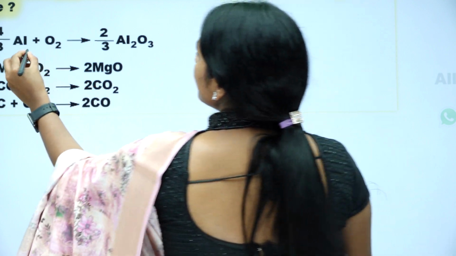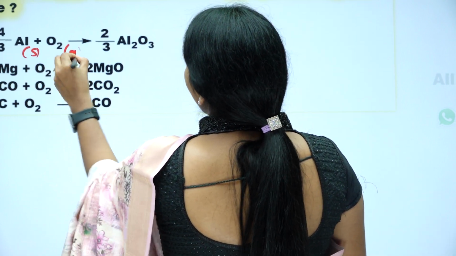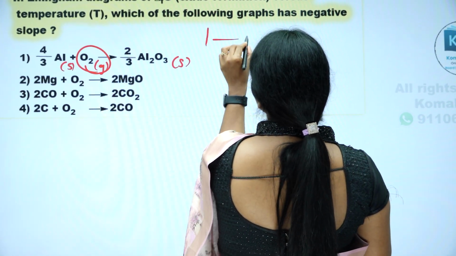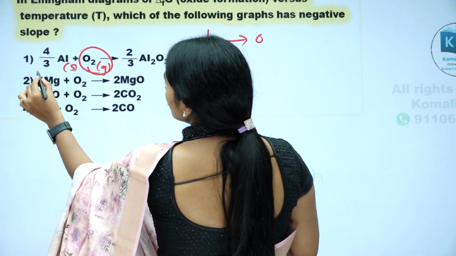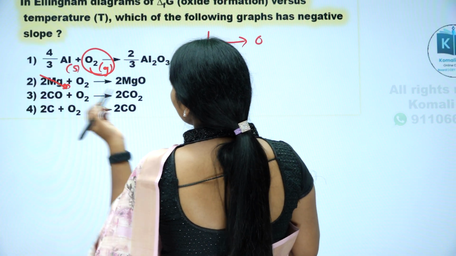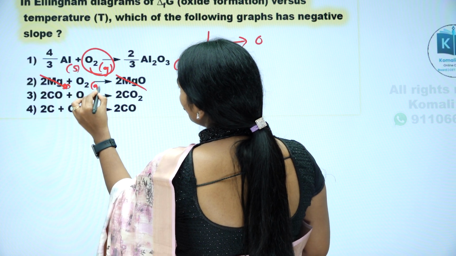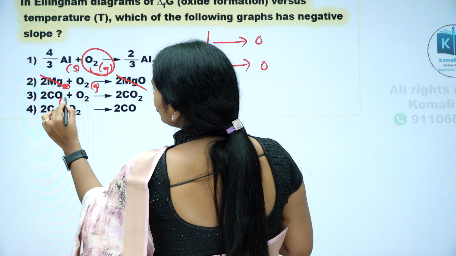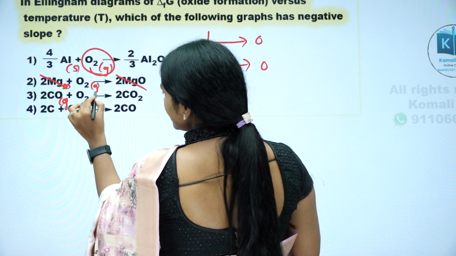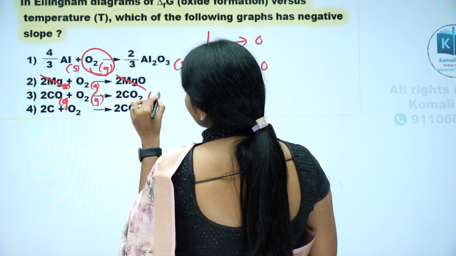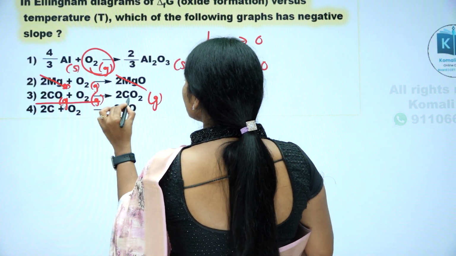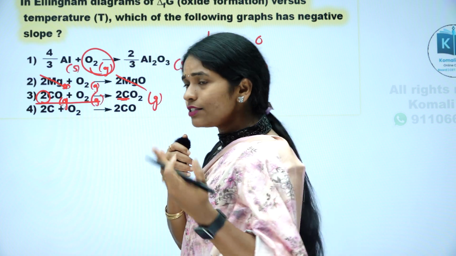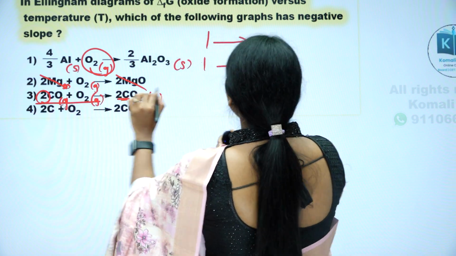So see here, first give the state: solid, gas, solid. So here reactant 1 mole of gas, products no moles. This is magnesium oxide, magnesium is solid, O2 is a gas. Okay, 1 gas, product side no gas. Here carbon monoxide is a gas, O2 is a gas, CO2 is a gas. So this side 3 gases total, just add stoichiometric coefficients. If it is a solid, don't count. If it is a gas, you just count. Okay, 3 is converting into 2.